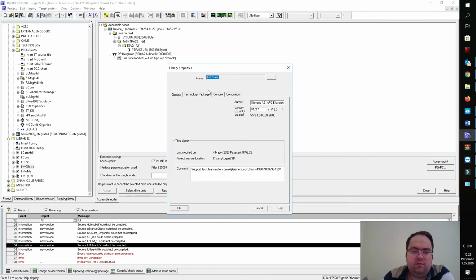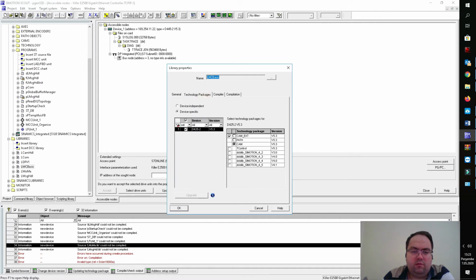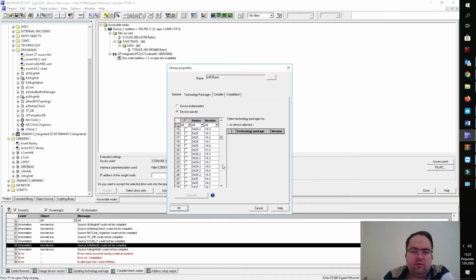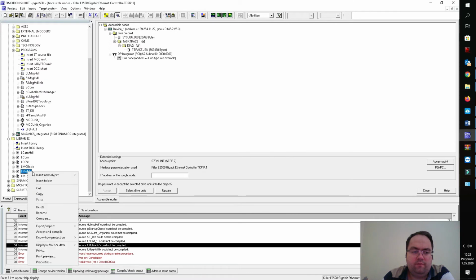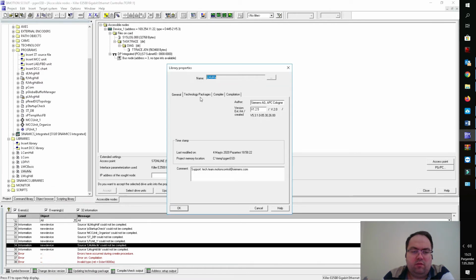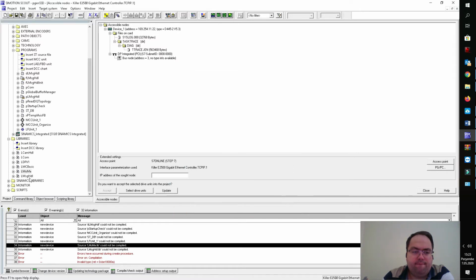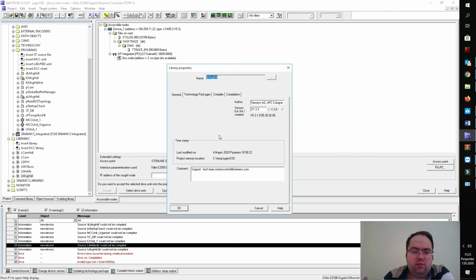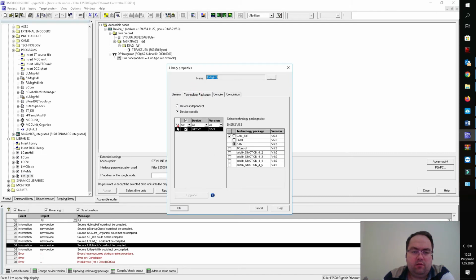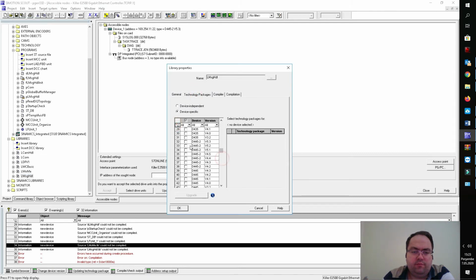For LMC Basic, it requires TPCam with the current CPU version and technology package. Modular machines, let's say D445, TPCam, and the last library, TPCam.